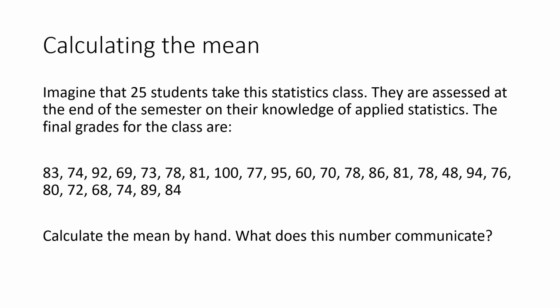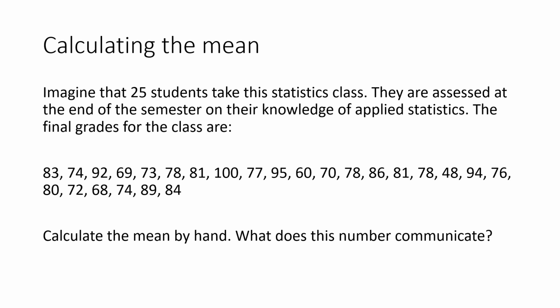There are a few not so good scores. I can see a 48 in there. That's not a terribly good score. That would be a fail. There is a 60 in there. Not a great score. So what I'd like you to do with this distribution of scores, with these 25 scores,